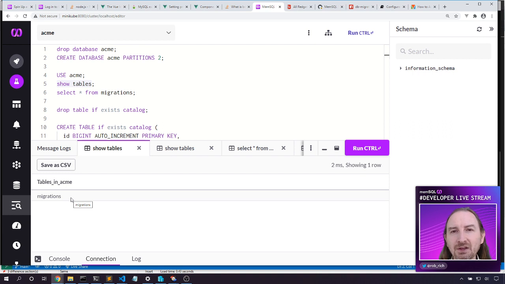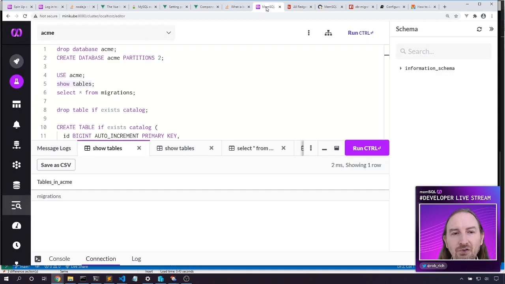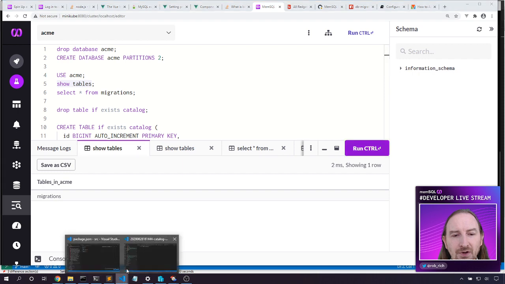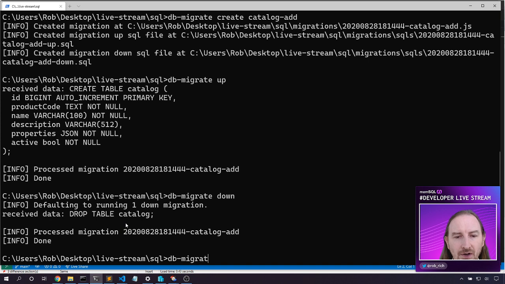But in this case, I really love the paradigm of being able to do up and down. One of the things that I do to validate that I'm doing up and down is I'll take a snapshot of my database, then I'll run all the ups, then I'll run all the downs, then I'll take a second snapshot of my database and compare the schemas. That's where something like the state-based tool can be great, to be able to say, hey, are those two schemas the same? We're not going to do that in this case. In this case, we'll just keep running up and down a bunch until we get to where we need to go. But now that we've got the table created, then next step, let's go db migrate create